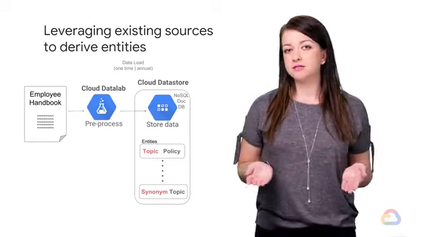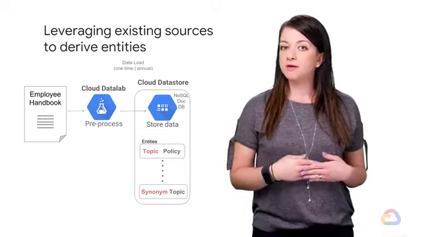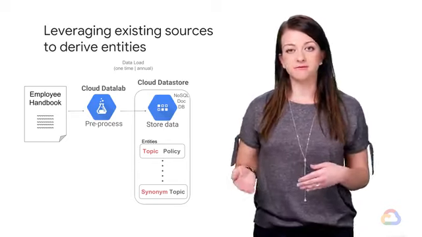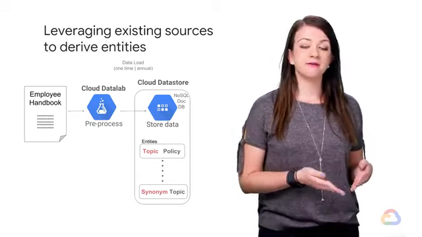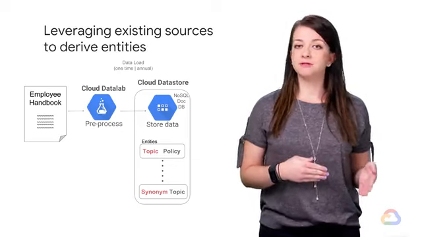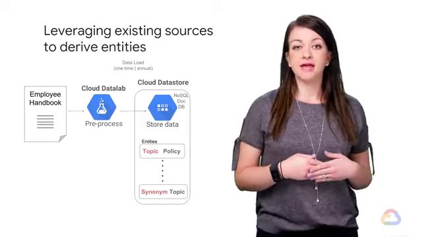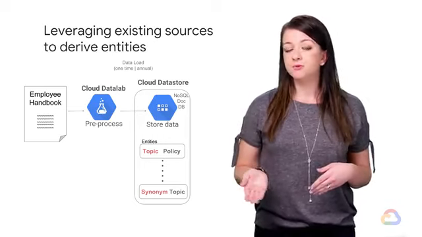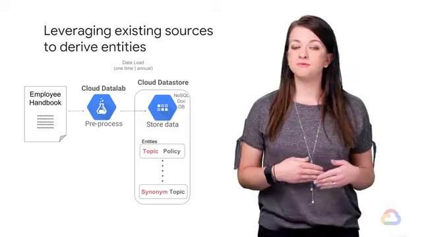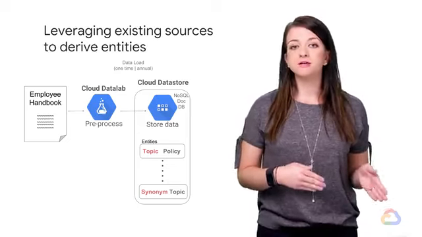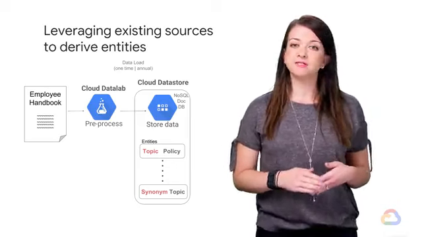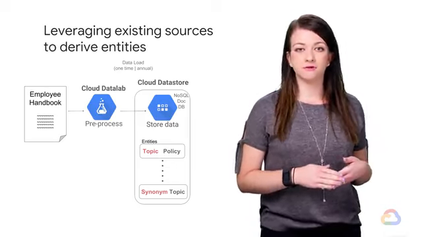So how do we build this knowledge base in the first place? Well, we have the Employee Handbook, which is an HR manual document with topic keywords and definitions. So all we need to do is leverage that to build our knowledge base. This kind of exercise is typically a one-time activity. In the hands-on labs, which I will demonstrate, you will use Cloud Data Lab notebooks to quickly run Python scripts to extract topics from the sample HR manual, then push them into a Data Store entity using the Cloud Data Store API. And now is a good time to talk a little about Cloud Data Store.